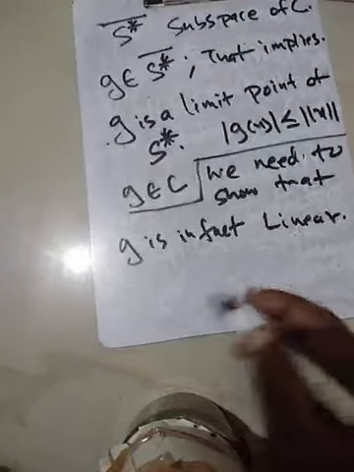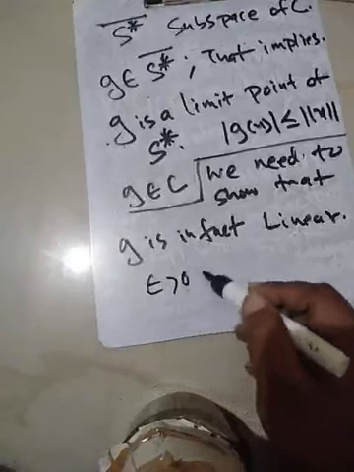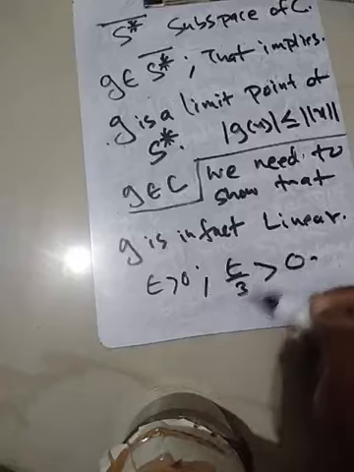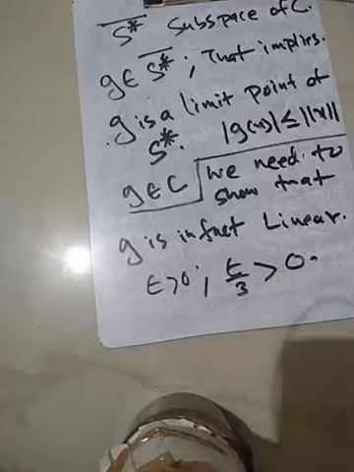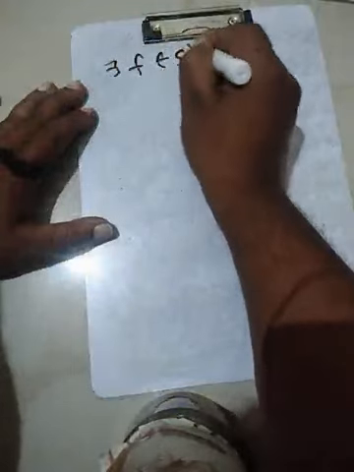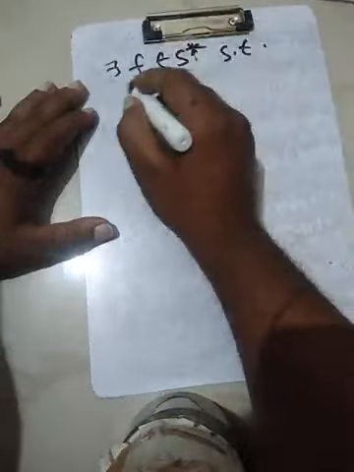Now look at any epsilon neighborhood. So let epsilon be greater than 0. Consider epsilon by 3, that is also greater than 0. So you consider the epsilon by 3 neighborhood of G. That intersects S star. Let's write that. So that means the following: if you consider this, there exists an f belonging to S star such that for all x,